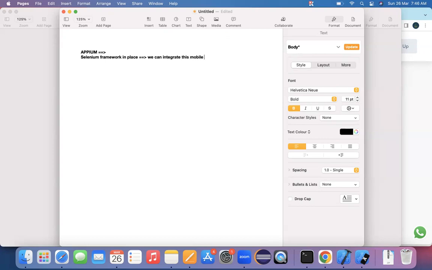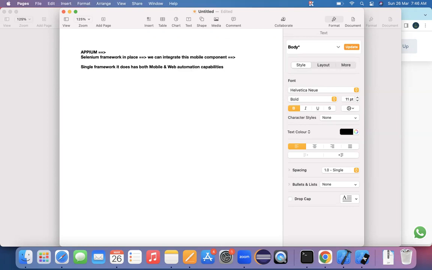Okay, we can integrate this mobile component. So what is going to happen right now is that a single framework has both mobile and web automation capabilities.